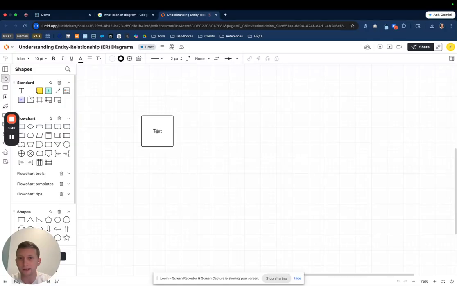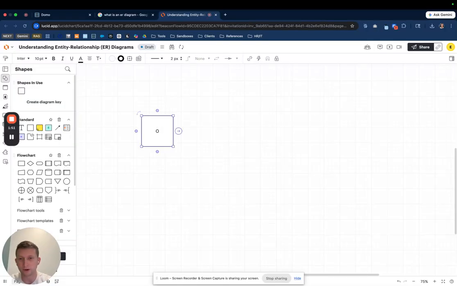So I'll drag a box out here, and I'll just call this my order box, right? So this will be the receipt that I get at the grocery store, and it'll contain everything in my order. In this case, like the milk that I bought, the Lunchables, love me some Lunchables, stuff like that. And then we're going to drag out another box, and we're going to say this will be our order line items,